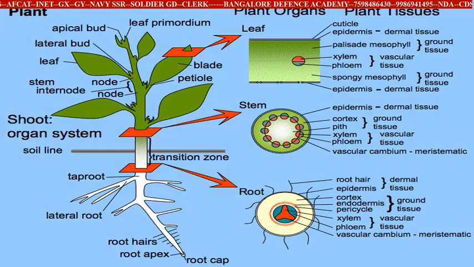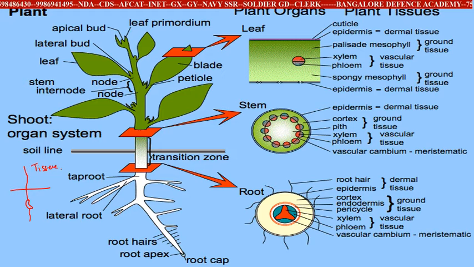Now let us try to understand everything in detail. Just now we saw that if I insert a seed inside the ground, there will be a shoot and there will be a root. Whenever the plant is growing, there are some important tissues which help the plant to grow. There are different kinds of tissues that we are going to see in the next slide. This picture will explain once again how the vascular bundles, xylem and phloem are arranged in the leaf, stem and root.